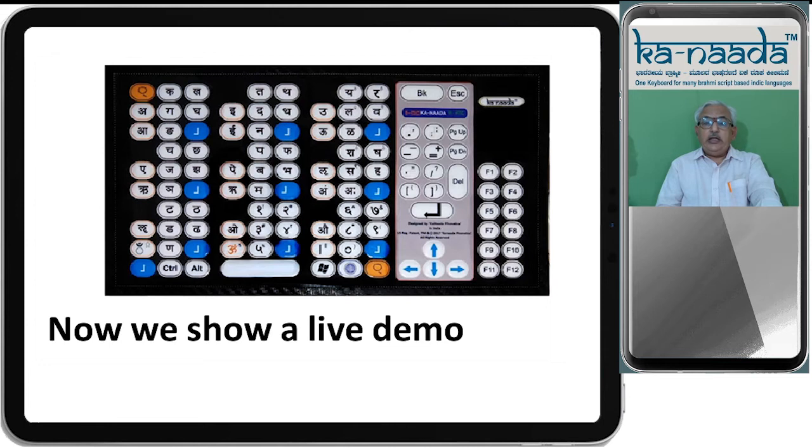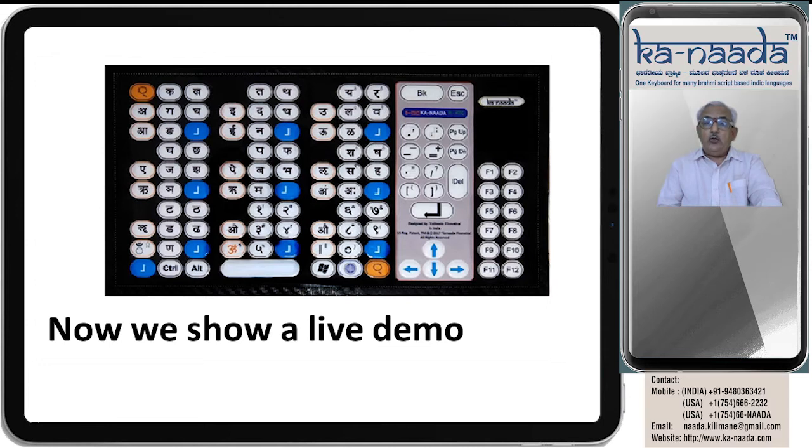I will show a live demo on how to work with the Kannada keyboard and calculate the words per minute. I will give the steps. The actual demo has to be done with the hardware installed. The first demo is to show how Kannada is typed and the Kannada words per minute speed is calculated.